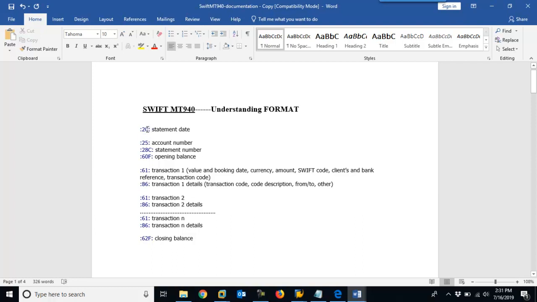So now these blue color ones are the fields or tags. These fields will uniquely identify what information is in the file. For example, field 20: when you upload this file into SAP, the system will understand this information based on these fields only. So that is the reason these fields are very important. You have to memorize